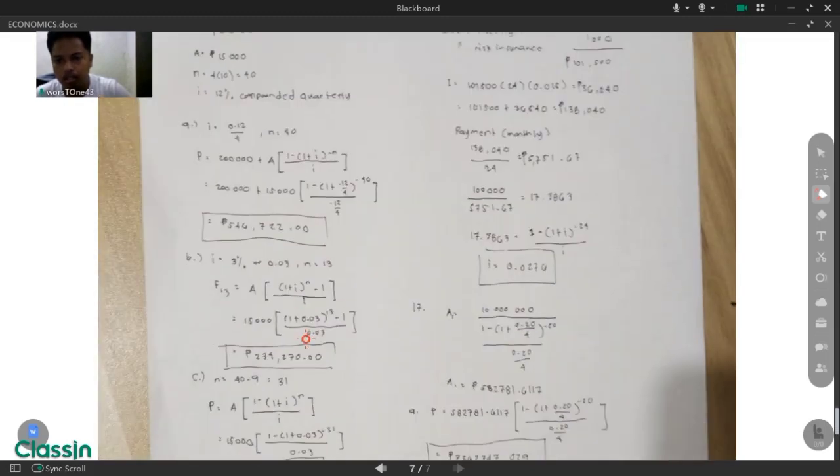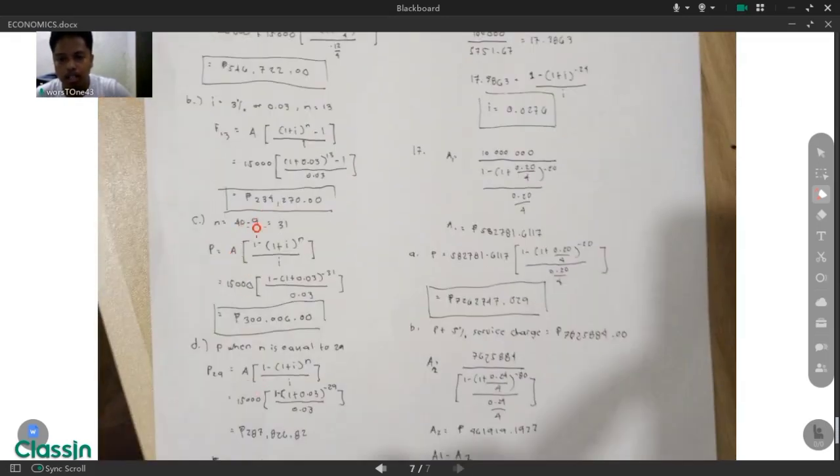Okay, so letter C, N is 40 minus 9, which is 31. So we just subtracted the whole 9 payments. So after 9, disregarding all the 9 payments, what you'll be paying is 15,000 as our A. Then since we're solving for the present worth without those 9 payments, we have negative 31,